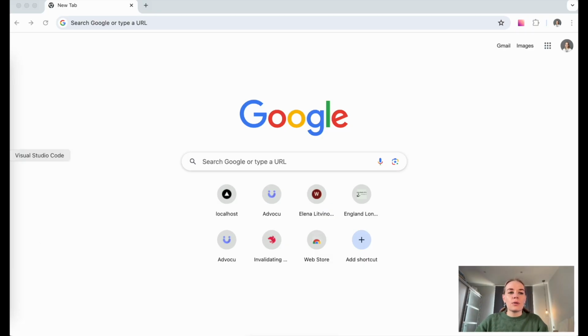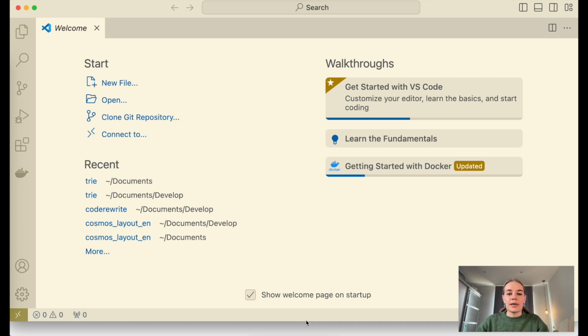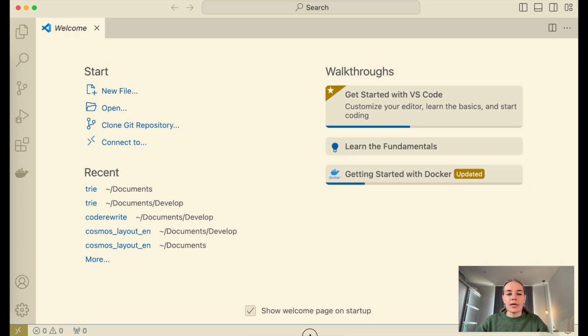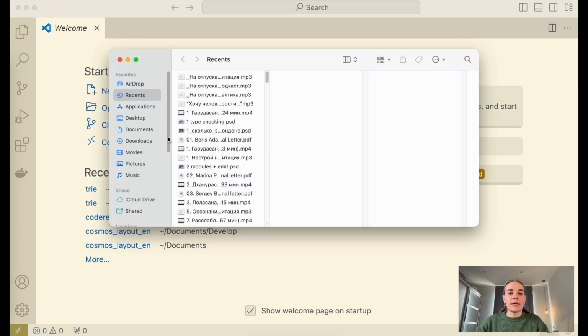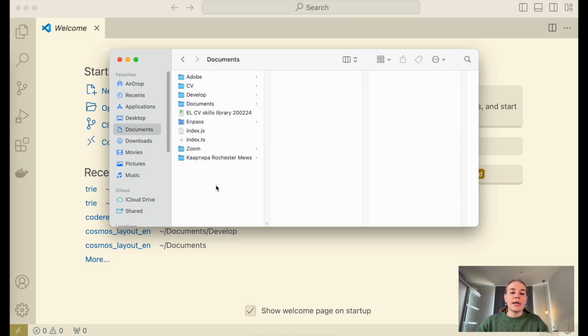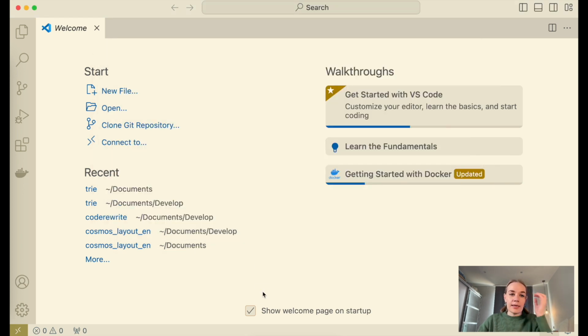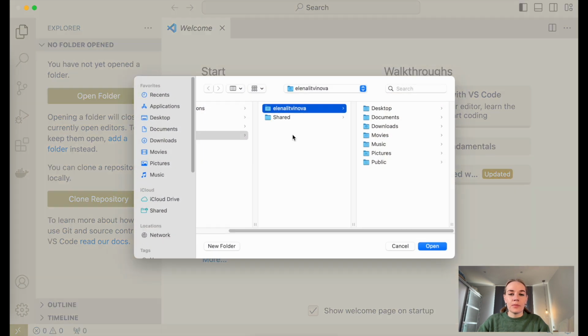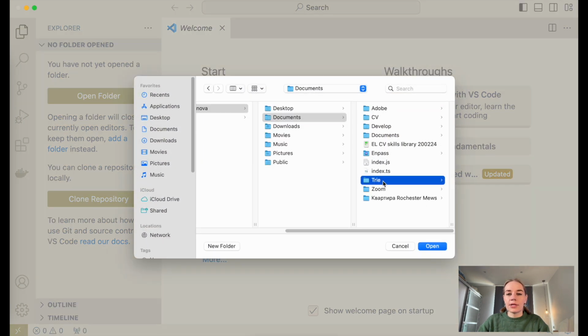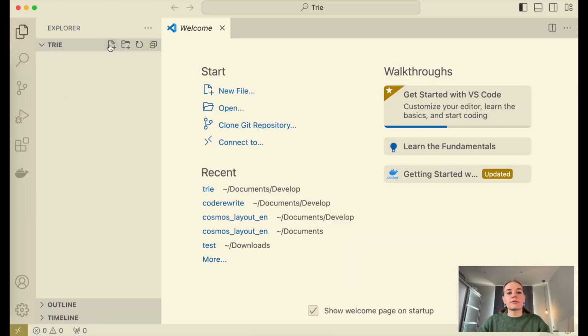First of all, we need to open any editor which you have. I have VS Code, and here we just need to create a new folder, and we can call it tree. Open it here: open folder, documents, tree. Here I just create a couple of files, index.js